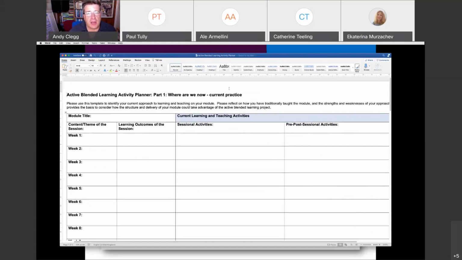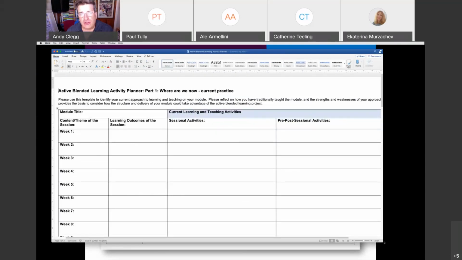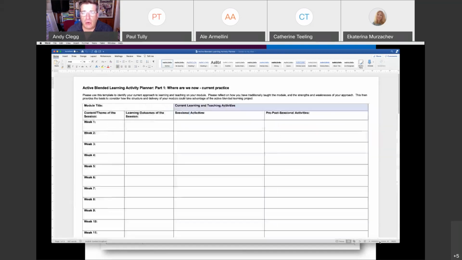Thanks, Michelle. Okay. So what you've got first is we've created this Word document. And again, these resources are for you to go away and use, to cannibalize and to tweak as you see fit. They're a starting point. They are definitely not the definitive answer. So this one consists of 2 parts. You may wish to only do one part or the other, but the principle of these initial planning resources is to first of all help you map out